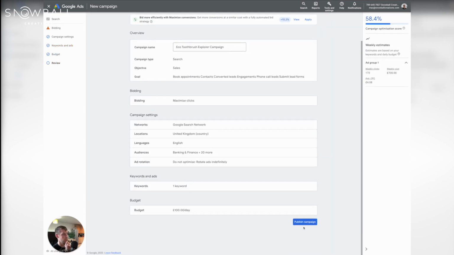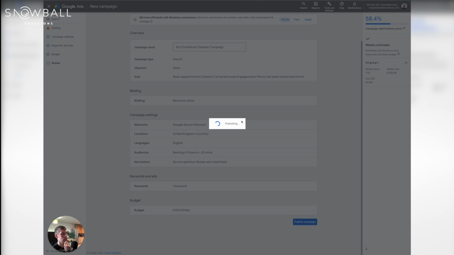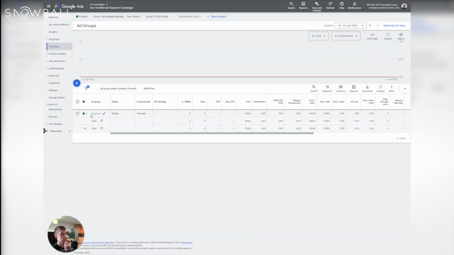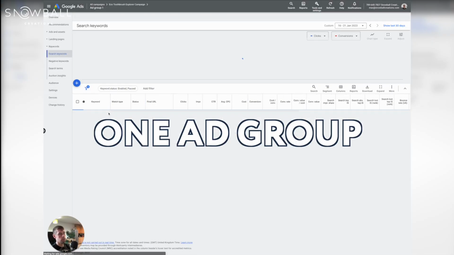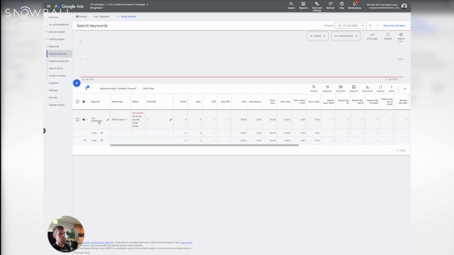Great. Let's just get it published, and I'm going to show you on the other side of it how we can... Okay, so we've got it. I'm just going to turn it off so it doesn't start spending loads of money for us. I am never going to financially recover from this. So we've now got one ad group with one keyword, and that keyword is Eco Toothbrush, and you can see